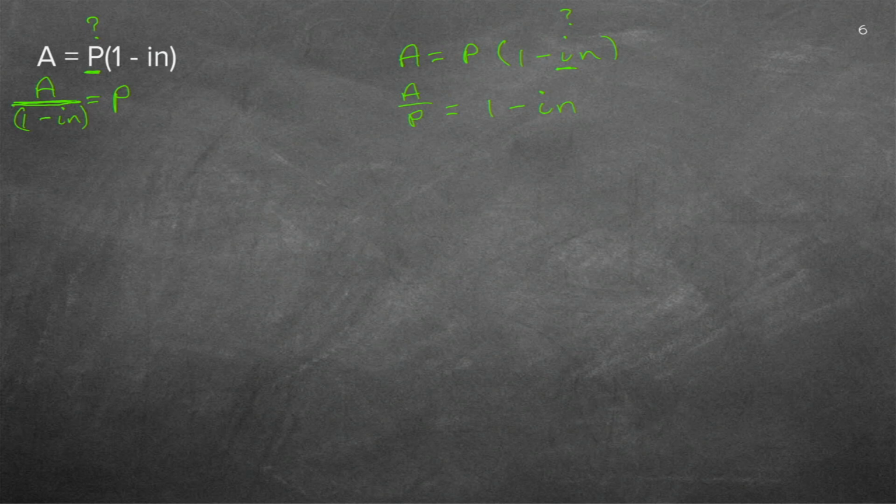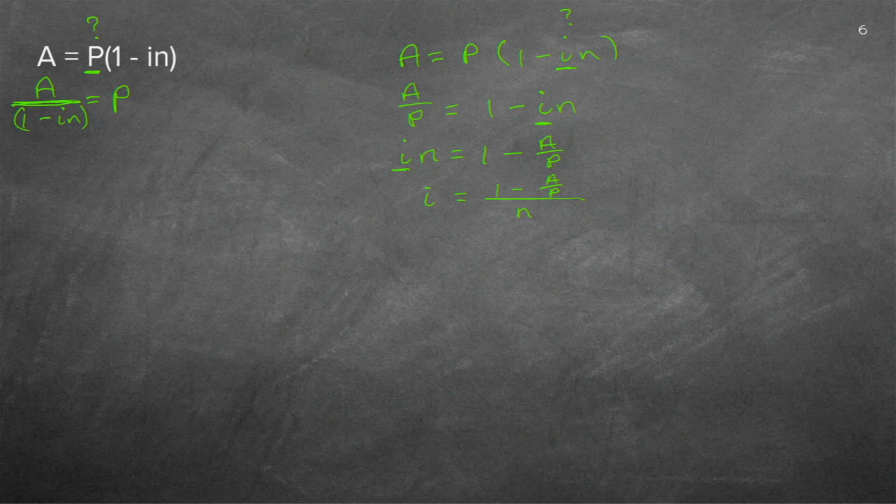Now I want the I all alone. So I need to get this I on its own, but there's now a minus in front. We don't like minuses, so I'm going to bring it over here. Then it automatically becomes a plus. I'm going to leave the 1 there, and then I'm going to bring the A over P over this side, because now it's nearly done. And all I need to do now, because I want the I all alone, is divide by the N, because if the I and the N stand next to one another, it means multiply. So I must divide 1 minus A over P, and then the N at the bottom.